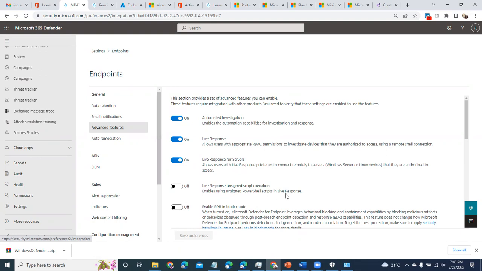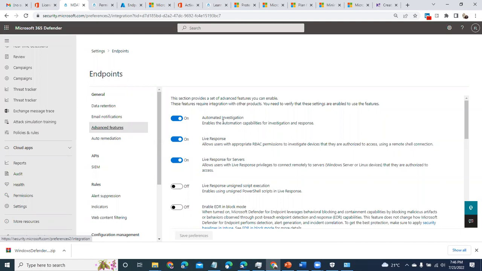This is only used in troubleshooting, because the moment you turn it on, it allows somebody to have elevated privilege to run unsigned scripts on the endpoint. It is only turned on during an investigation, and most times after the device has been isolated. So this should be off, okay?